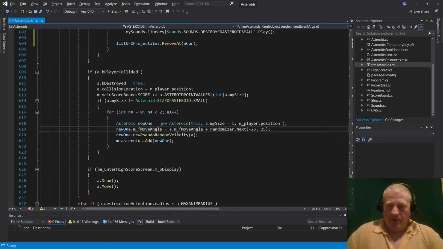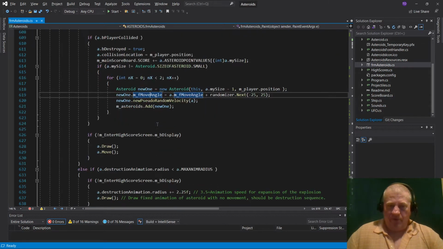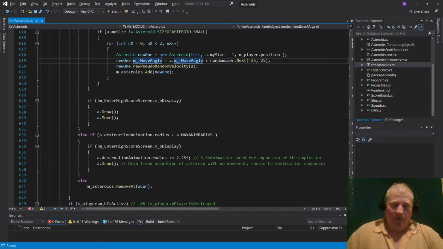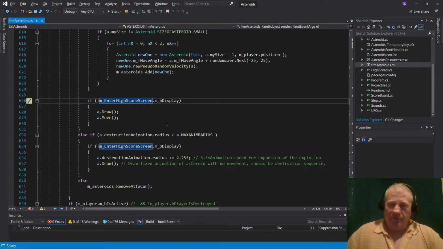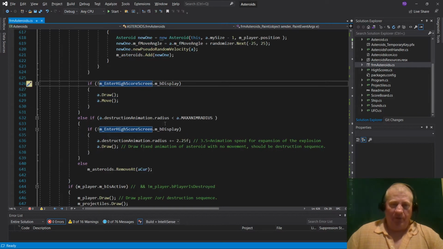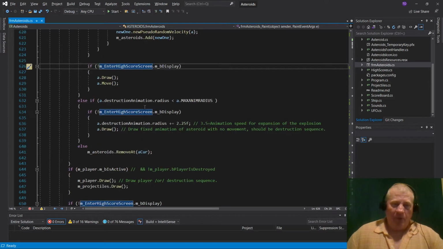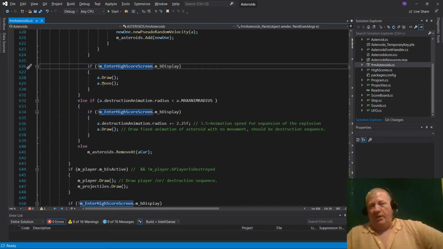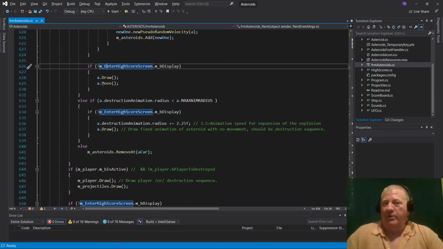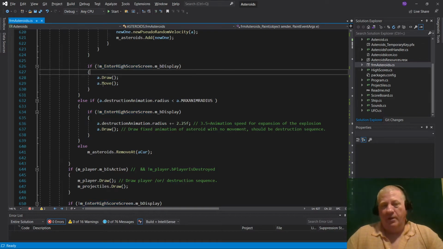So we've got the move angle for the new asteroids. We saw that that worked and functioned correctly. So then, the high score display screen isn't displayed. So in the case that we're actually displaying the high score, we don't draw the background, to allow the player to enter their initials and everything. And then